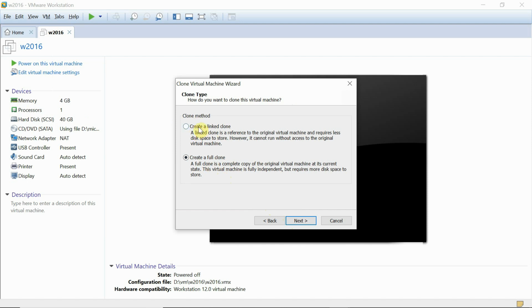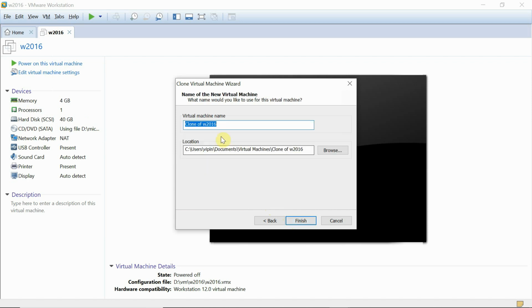If you are going to create a linked clone, that means your first VM should be running, then only we will be able to use this. So we are going to create a full clone. We will name it as Windows 2016. We are going to say that is clone, or we can say -c, meaning this is the clone